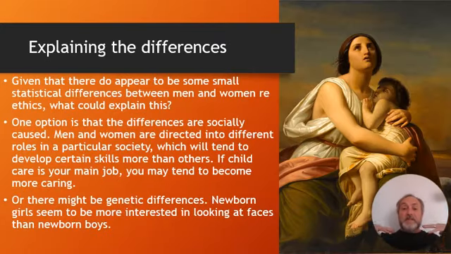Of course, even if we establish there are differences, then there's the question of whether they are biological or social. It very much could be a social phenomenon. You can imagine, if traditionally women have largely done most of the child care, and caring for a child requires being empathetic, particularly with a baby who can't speak and tell you what they want, then you could see why empathy and close relationships might seem more important to women than to men, who are out there trying to, whatever, sell cars to strangers or whatever men have traditionally done.